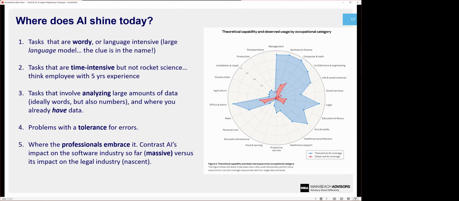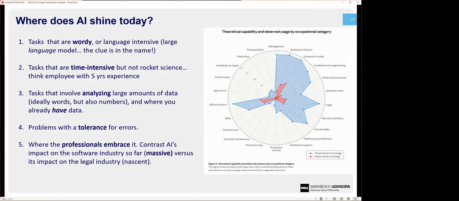So if we, for example, look at life and social sciences, even though the blue, the capability of agentic AI, is getting right up there, to 80%, the actual adoption is tiny, right? Same thing in management, tiny. Legal, same thing. So I was once a lawyer. I have many friends who are lawyers, and I assure you that agentic systems do far better legal work than human lawyers do, and they're dramatically cheaper.